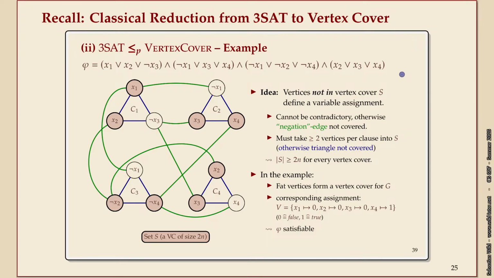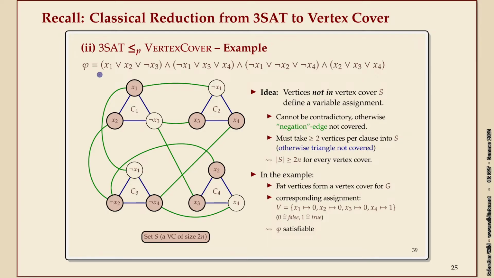Here's some 3-SAT formula, and you can turn that into a graph where, for every clause, you make a triangle with the vertices containing the literals of the clause. The triangles are these blue edges, and then the bit that encodes the logic are the green edges, which are connecting every pair of literals that are negations of each other. So here I have x1, here I have not x1, that's why there's this green edge. Okay? And then the reduction says